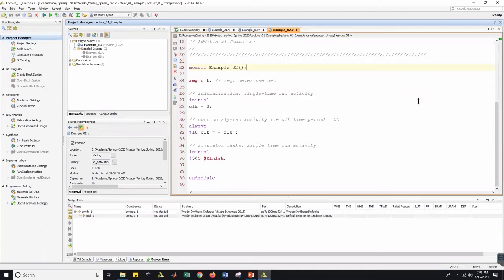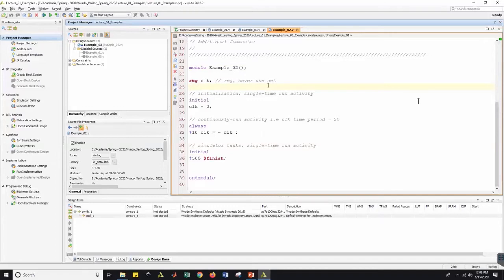University. In the last lecture, we discussed the behavioral modeling always statement. In this video lecture, we'll be performing an example and simulating that example using Xilinx Vivado 2016. On the screen, you can see the example. This is the same example we discussed in the last slides. So let me discuss the example.